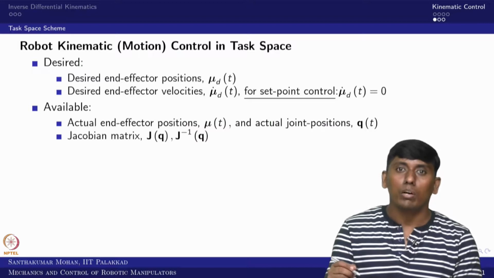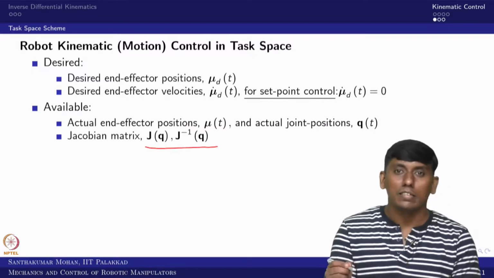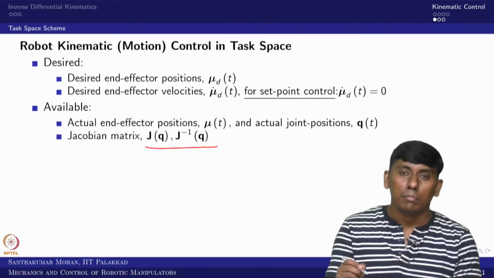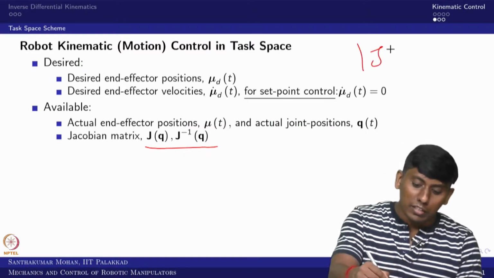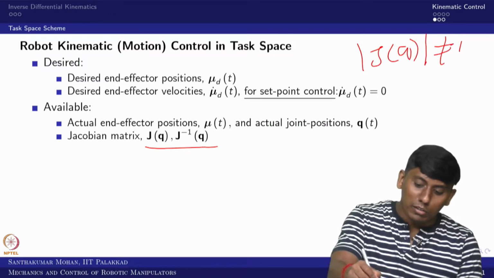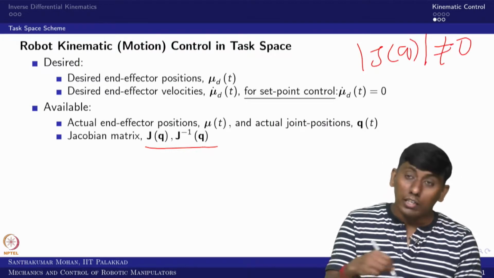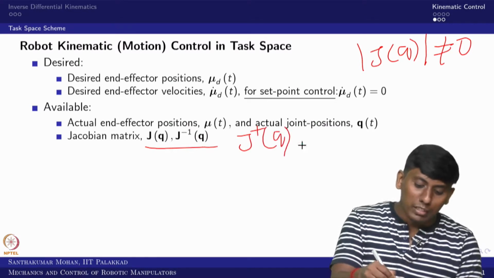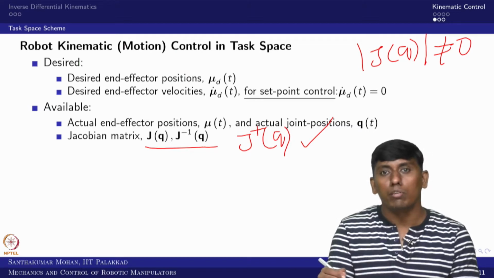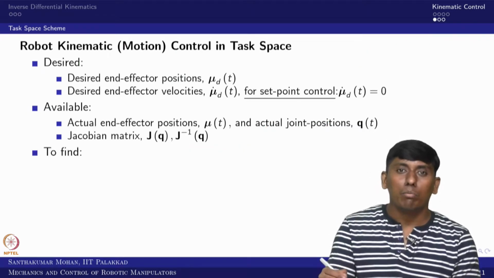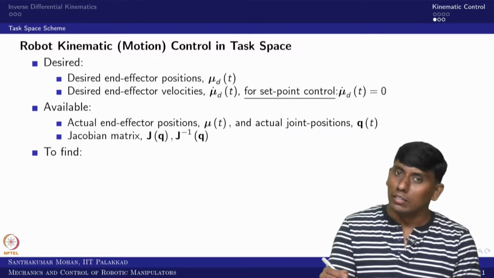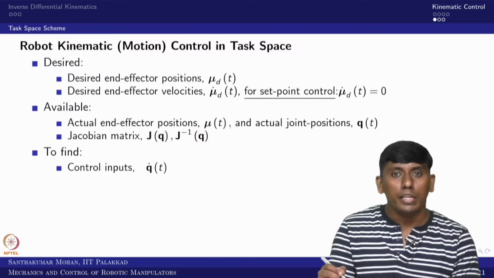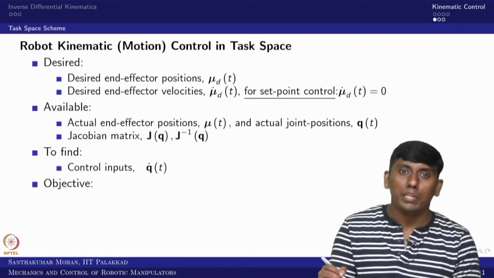So in that case, the Jacobian matrix is necessary here. So Jacobian and Jacobian inverse also exist, because this is supposed to exist. So this determinant is non-zero, or if it is rectangular, then we have to say this J plus of q exists. Okay, in the sense the pseudo inverse is supposed to exist. So then what we need to find out, the same thing, we need to find out the q dot of t, right. So how can we find the q dot of t? The same principle we will use.